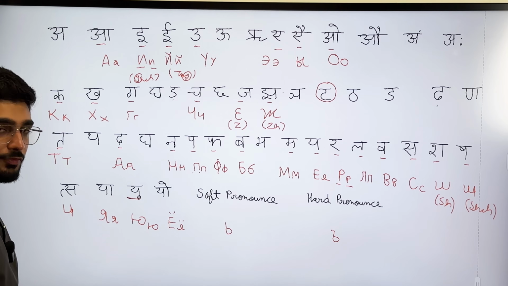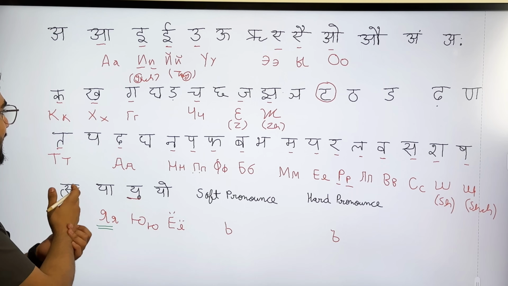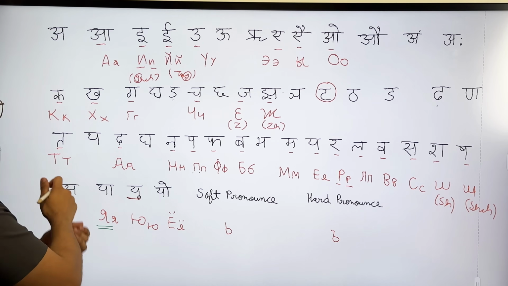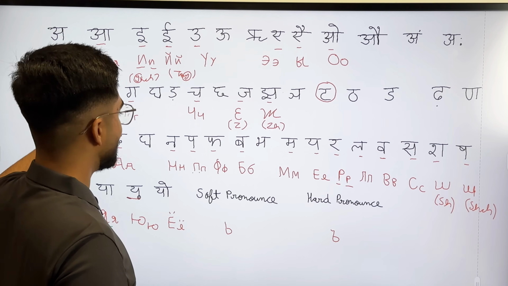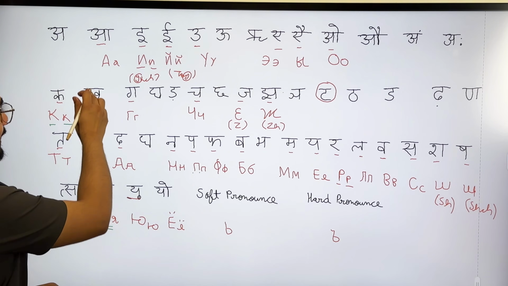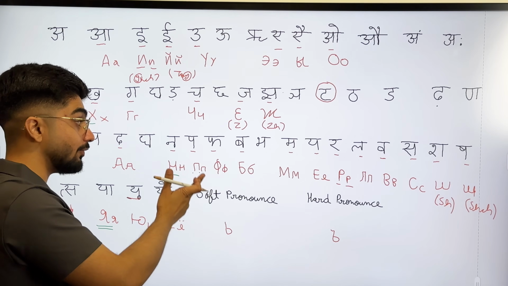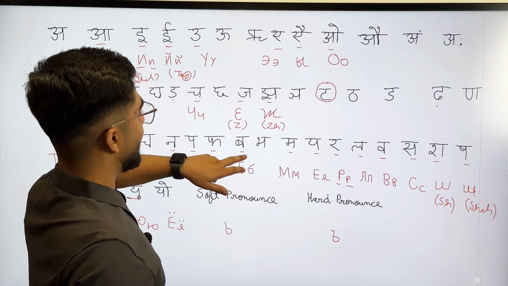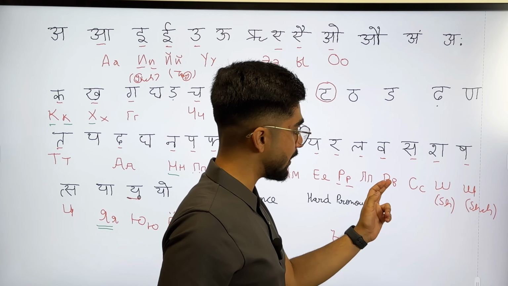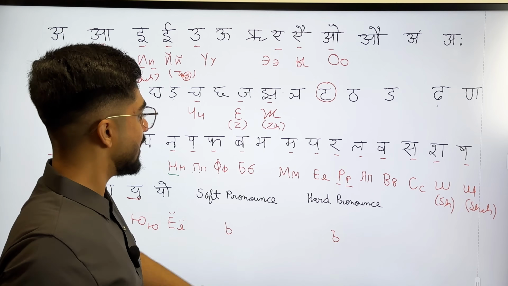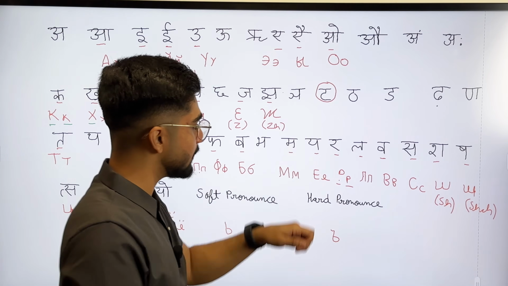So now I will give you an overview of it. If I pronounce ya, ya is your inverted R. You can see, it's very easy. Ko directly matches with your English alphabet, so you don't need to learn it. It looks like X. It looks like H, but you have to pronounce it n. It matches with the English letter B, but you have to pronounce it W. This is your English letter P, but you have to pronounce it R.